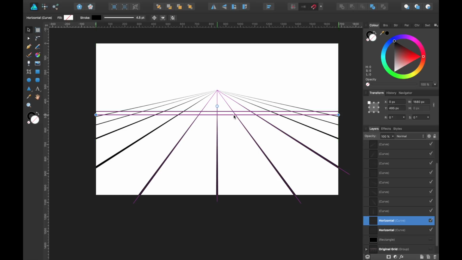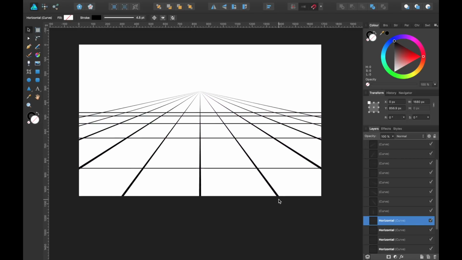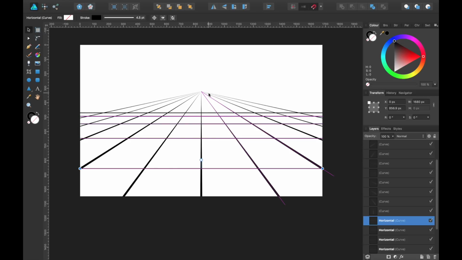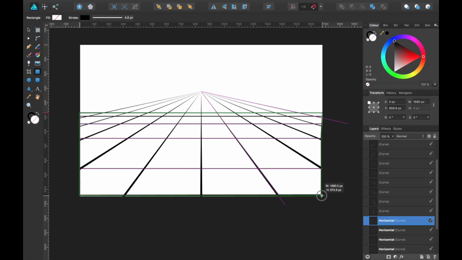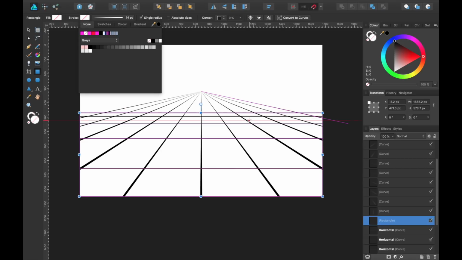And I'll do the same again. Command, click, drag. Command, click, drag. All right, so there we have it. Now we just want to get rid of this at the top here. So I'm going to grab the rectangle tool, head to the side here, and just drag a line over it. There we go. So that's all of it selected. Let's just get rid of that stroke that it remembered from the last one.